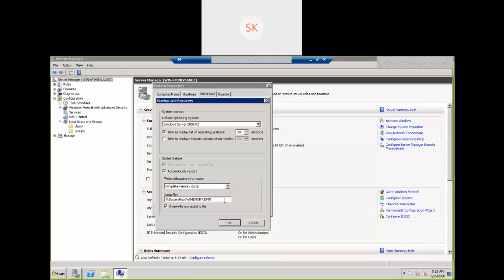Memory dump means that before going to a blue screen and hung state, the system saves whatever contents are available in the memory into the MEMORY.DMP file. How to analyze this MEMORY.DMP file?